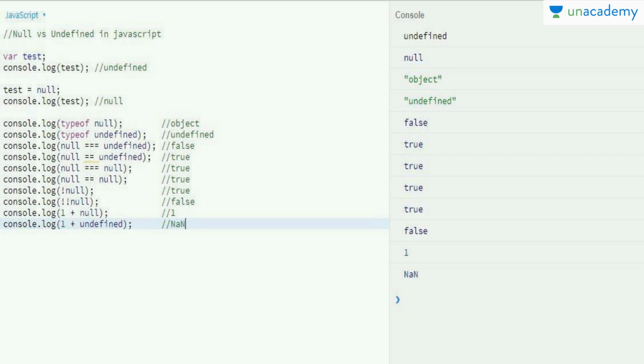But if I try to add some number or multiply some number with undefined, I get the value as not a number or NaN, because we don't know what kind of data our variable will take, or what is the data type of that variable. So we can't add something to every data type. Like you can't say that there is an array and then add 1 to the array. Array plus 1 is something else, so you will probably get an error.